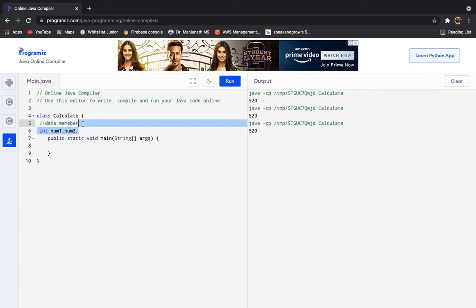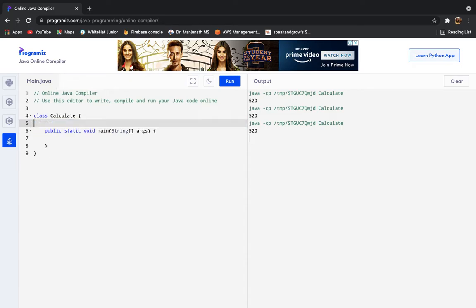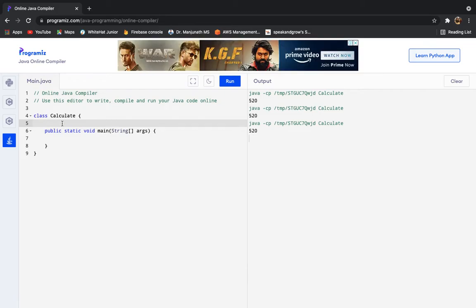Now the next thing we require is a method. What is a method? A method is nothing but, unlike data, it is related to actions. Actions means something related to doing something. Name and age are something you have as a property, as data, but a function or method is like running, studying, eating. So for a calculator, maybe add is a function. So let me write a function add, which adds two numbers.